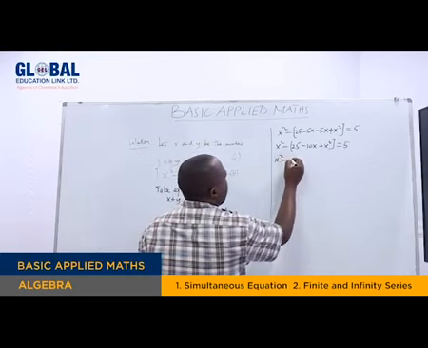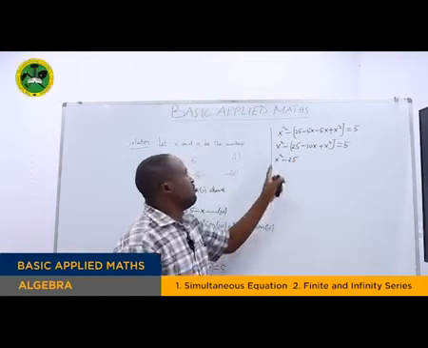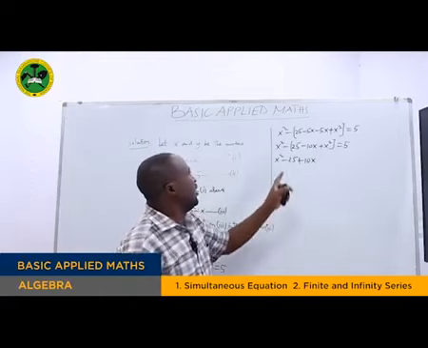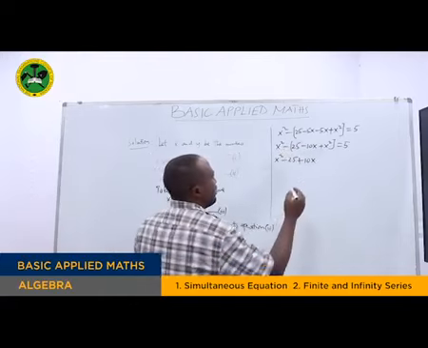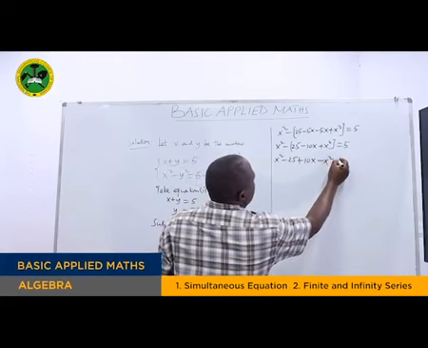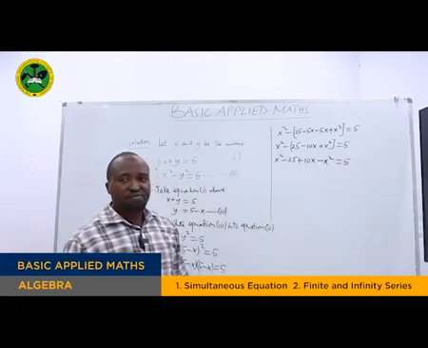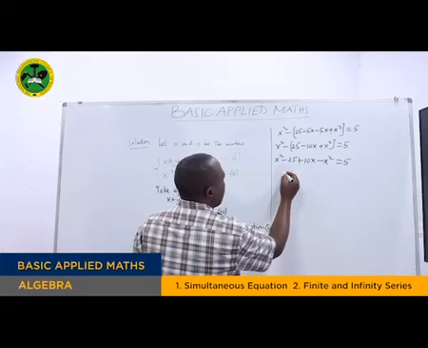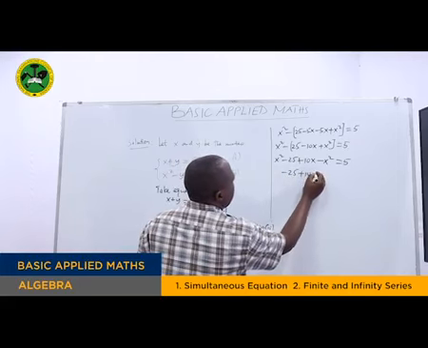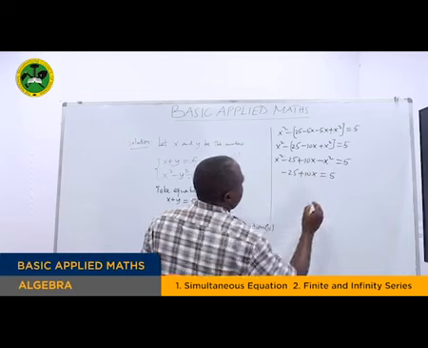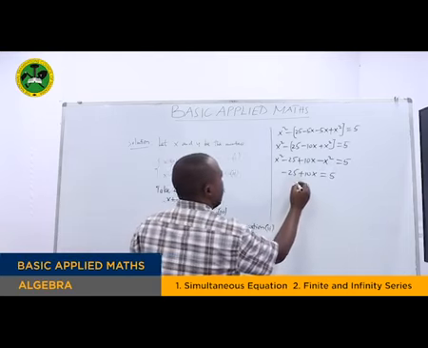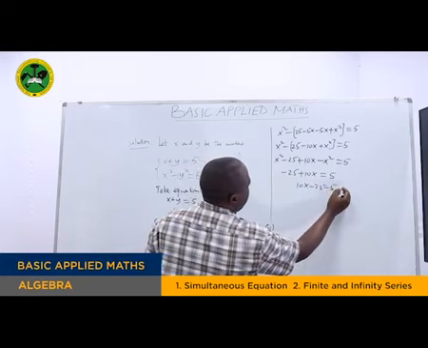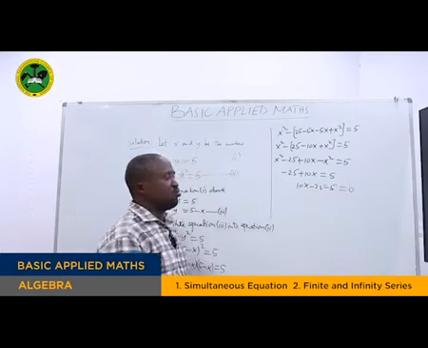That is x squared minus 25, but here we have negative times the negative, that is positive 10x. And we have negative times positive x squared, that is negative x squared is equal to 5. Now we have x squared minus x squared, that is 0. So we are going to have negative 25 plus 10x is equal to 5. That means we have 10x minus 25 minus 5, which is equal to 0.